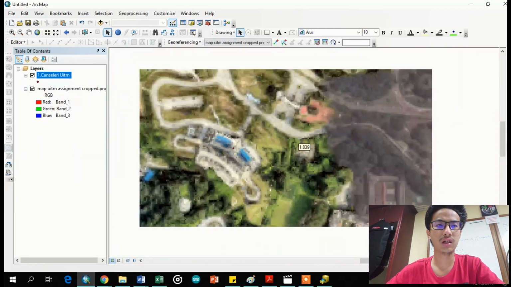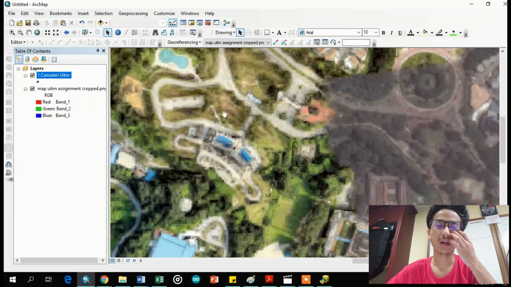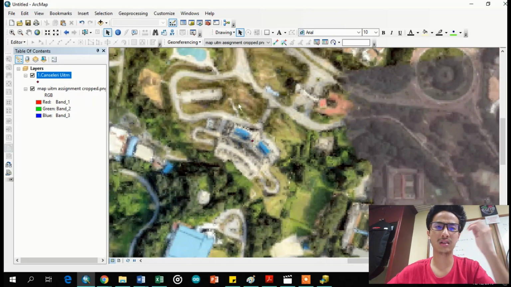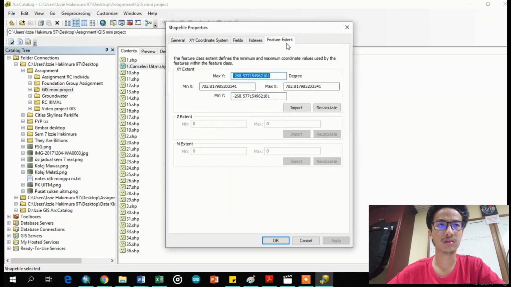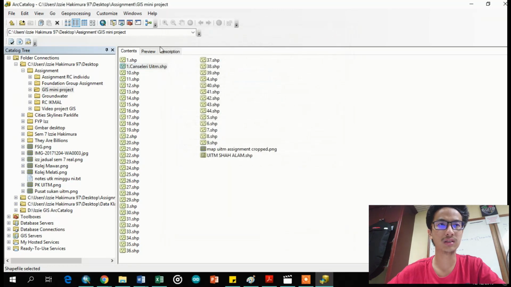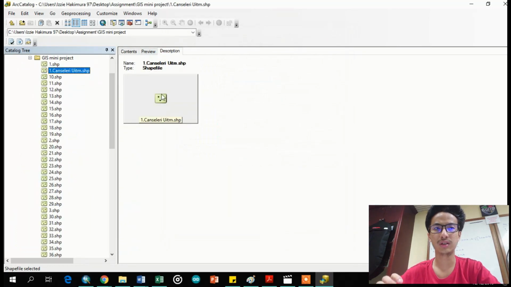So from this step, we can say that the Chancellery has 1 point over here, and then we can edit the description by opening the ArcCatalog, and we click the Chancellery. Open up the description where the Chancellery UiTM looks like this.